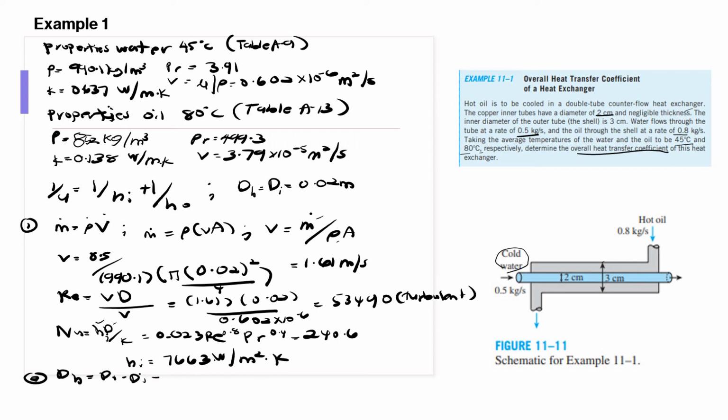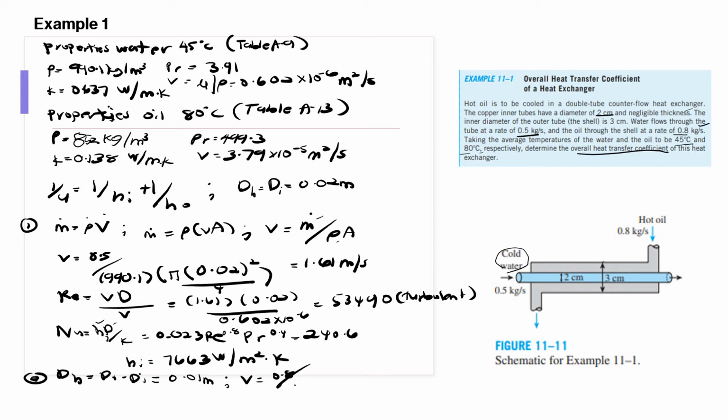So D outer is 3 cm, D inner is 2 cm. So the difference is 1 cm, convert in meter, become 0.01 meter. Okay, so complete for hydraulic diameter. Now you need to calculate the same like previous step. You need to calculate for the V. So now I directly input the value for V. So V here we have mass flow rate 0.8, right? Okay, 0.8